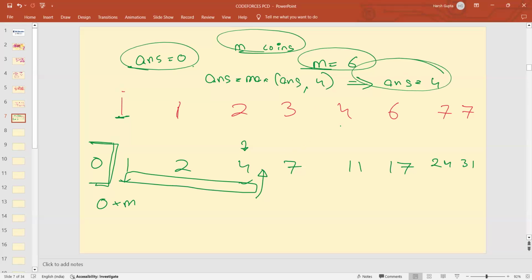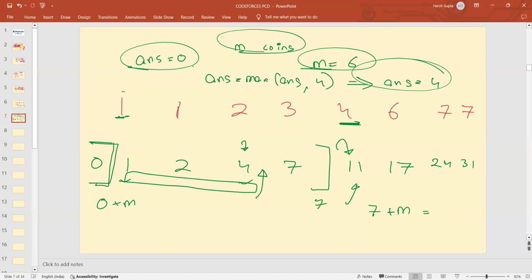Let's suppose our starting point was here. Okay, our starting point was here. If we are starting from this point, just tell me what is the maximum value that we can go to in the prefix sum from this particular point. So before this, what was the sum? Before this, the sum was 7. So the maximum I can go if I am starting from this particular point is 7 plus M, which is equal to